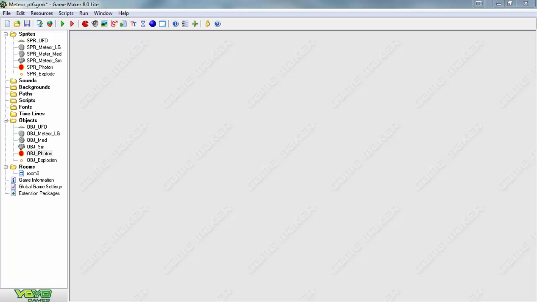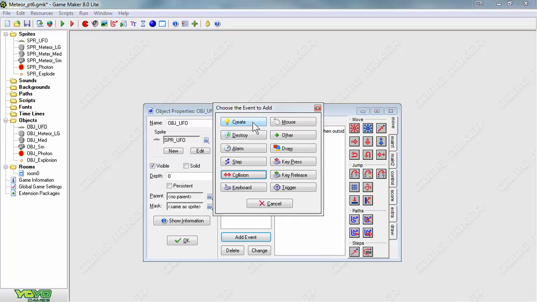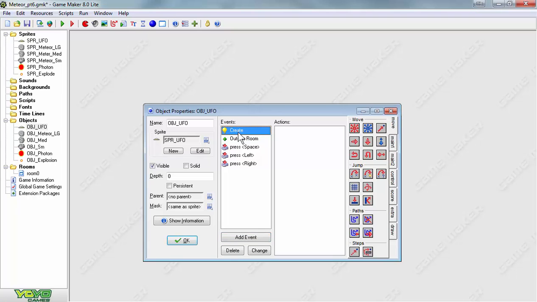If your scoring system works properly, we are now ready to add a life object to the game. This will limit the player to a set number of lives to make the game more challenging and interesting. Let's open up the Object Properties box for the UFO. We will add an event to the UFO and have a create instance. To create instance selected, drag the score caption from the score tab, which looks like this,